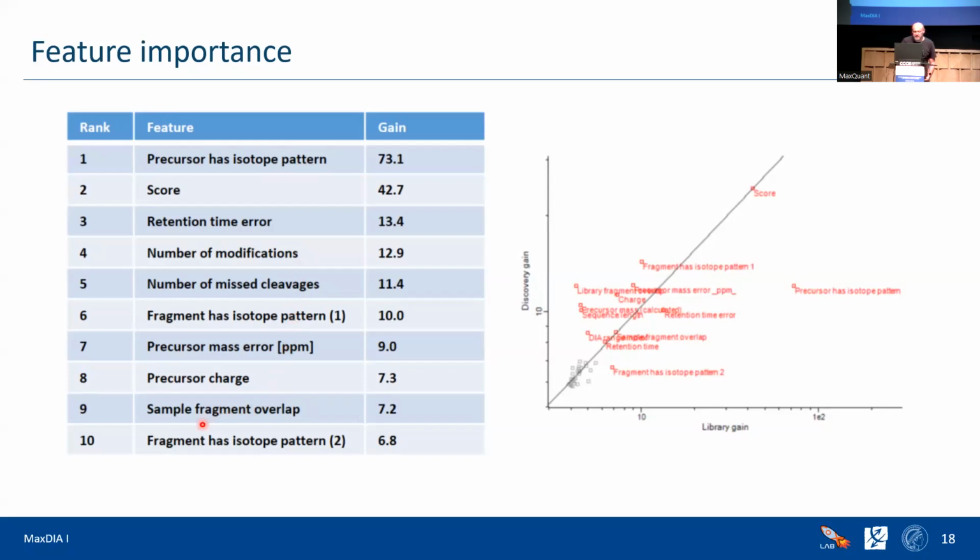One very interesting one is, for example, what we call sample fragment overlap. This tells you if and how much the Y and B ion series are overlapping. You know that spectral identifications where you have Y ions on one side and B ions on the other side, and they never see each other, are not really good, because you have a lot of flexibility in putting